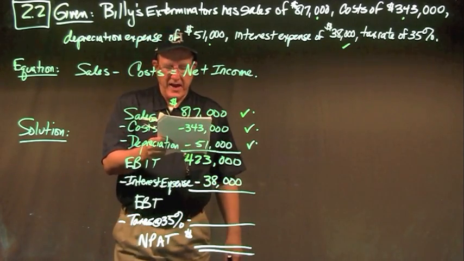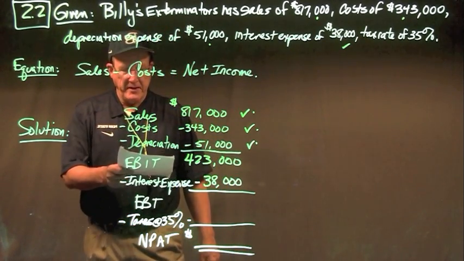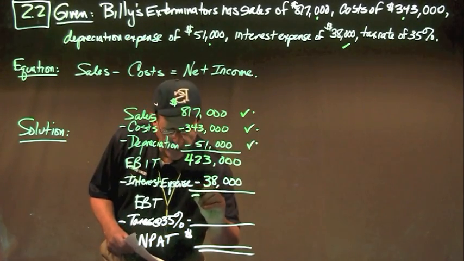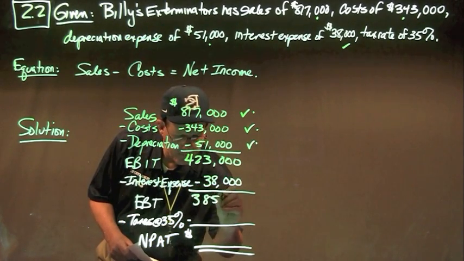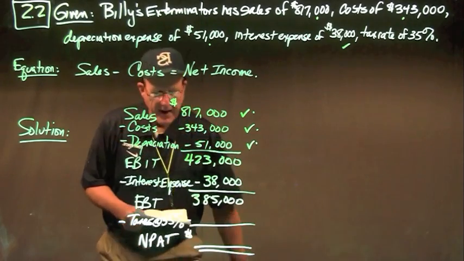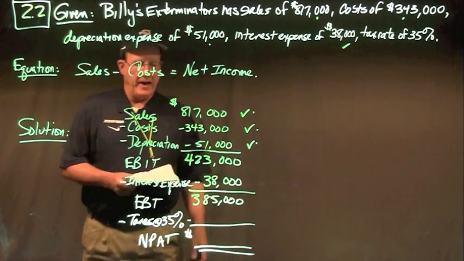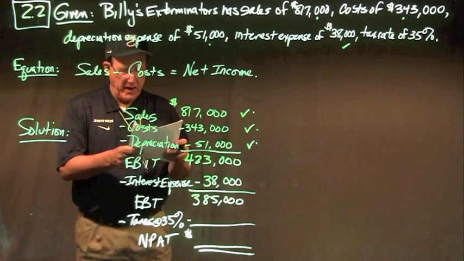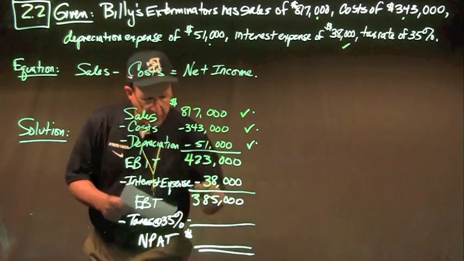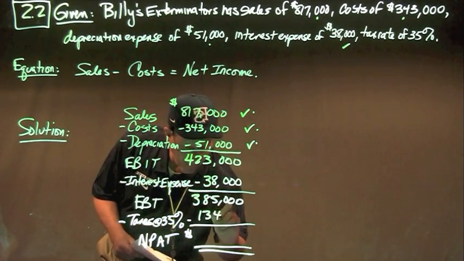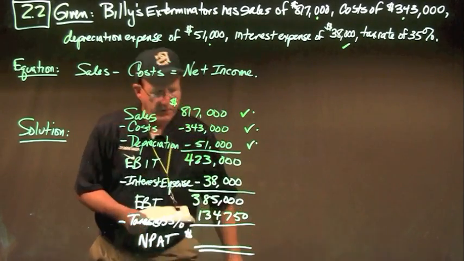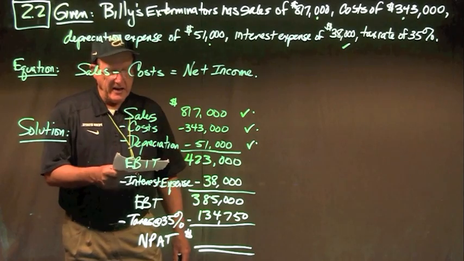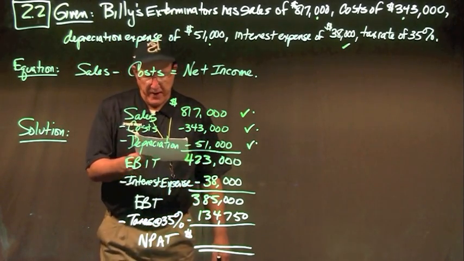And that gives us an EBT or PBT, earnings before taxes or profit before taxes, of $385,000. Then I take the tax rate against that earnings before taxes. 35% of $385,000 is $134,750. And subtracting that from my EBT or PBT, I get a net income, or NPAT, net profit after tax, of